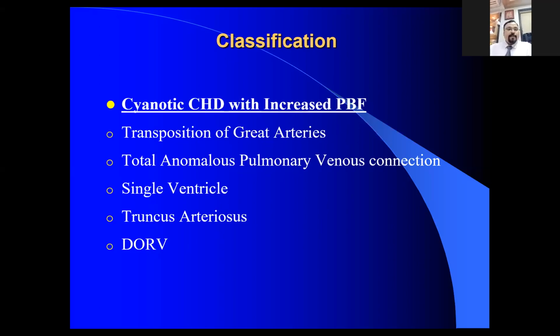You will see large bulge over heart in supracardiac region with increased pulmonary blood flow. And third is single ventricle with pulmonary stenosis or with pulmonary atresia. No, without pulmonary stenosis, this is increased pulmonary blood flow. Next is truncus arteriosus and double outlet right ventricle with unrestricted pulmonary blood flow. Okay.